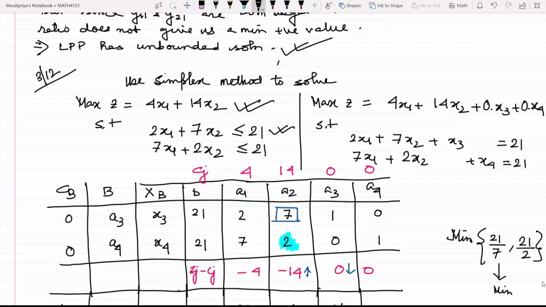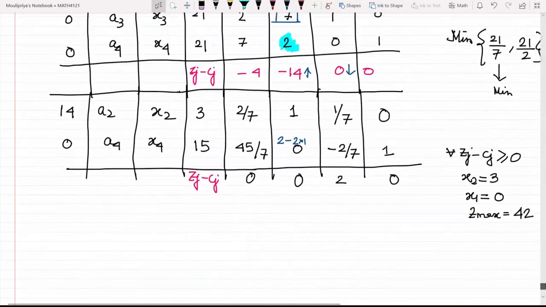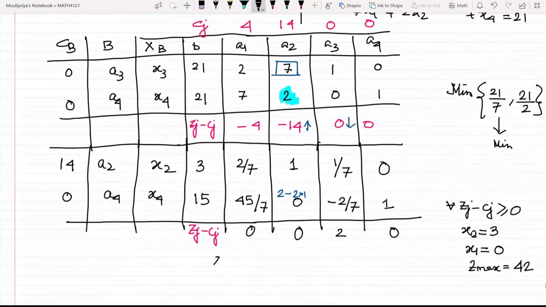So what you can do is you can have a graphical representation of this one, and you would see that this would be having infinitely many solutions. We had done cases for infinitely many solutions. Your homework is this has got only 2 variables. You try to plot the graph and you will find that this problem will be having infinitely many solutions. Now, how to judge that in simplex point of view? What we find is Z1 minus C1 corresponding to the non-basic vector A1 is equal to 0.